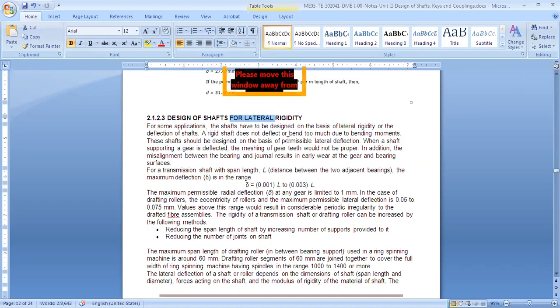Similarly, your shaft is a long element, so it will definitely be a long material. In our example it was 600 mm or 0.6 meter. So 0.6 meter is almost 1.8 feet. So that length of shaft might go under bending, so it will have some kind of deflection at the center.